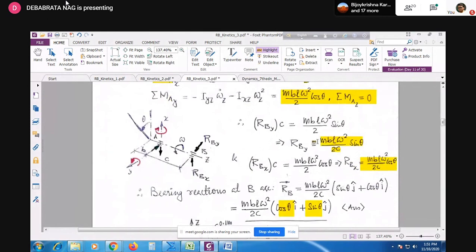দিস টু কম্পোনেন্টস, ওয়ান অ্যালং দি পজিটিভ y অ্যাক্সিস, ওয়ান অ্যালং দি পজিটিভ x অ্যাক্সিস, তাহলে সেইটি যদি হয় তাহলে দেখো r bar b, I write it in this fashion, arranging ultimately we write it like this. তাহলে এখান থেকে বোঝা যাচ্ছে যে বেয়ারিং রিঅ্যাকশনস গুলো হচ্ছে পিরিয়ডিক ফাংশনস অফ দি অ্যাঙ্গেল থিটা, এবং ম্যাক্সিমাম বেয়ারিং রিঅ্যাকশন অর দি amplitude of the bearing reaction at point B will be equal to mbl omega square by 2c,